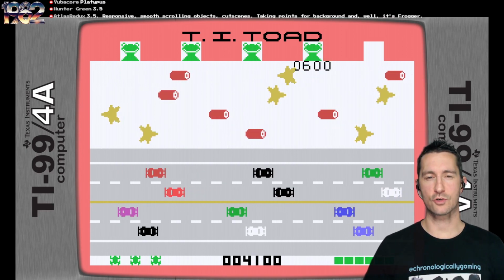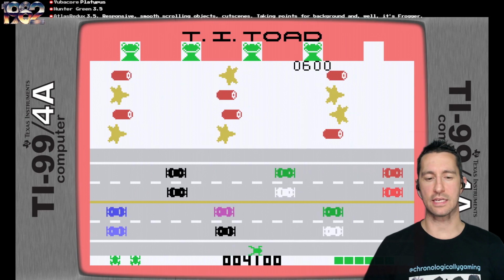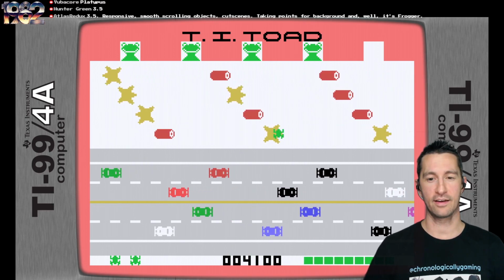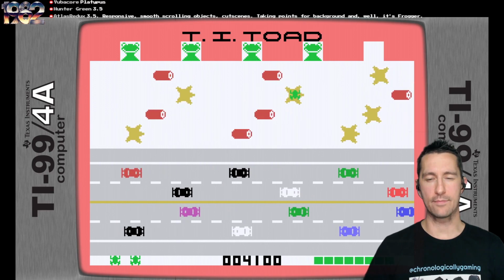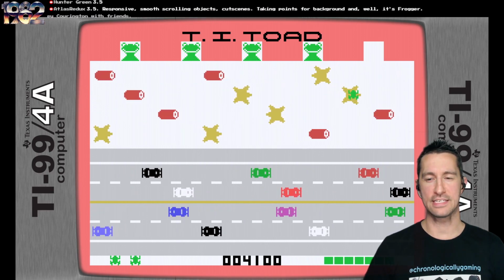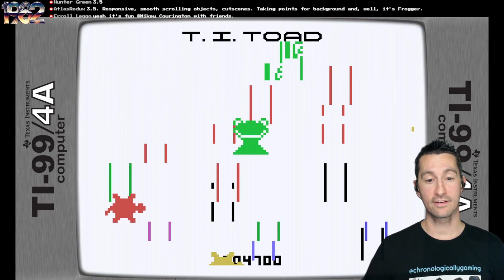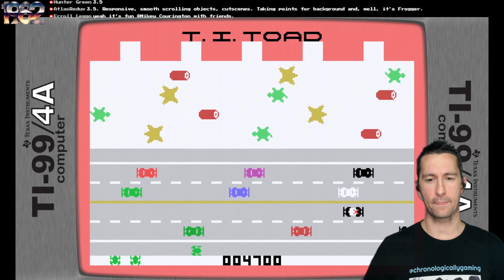I really want to see what the next screen is, because if they're going to keep doing cutscenes and adding more to the game, that's a really good reason to keep playing. The hidden Frogger game no one's heard of on Texas Instruments. Alright, what's next? Whoa! Alright, I think we're getting some artifacting now. We have turtles coming across the screen. Oh, please don't mess up on me. Okay, yeah, we got